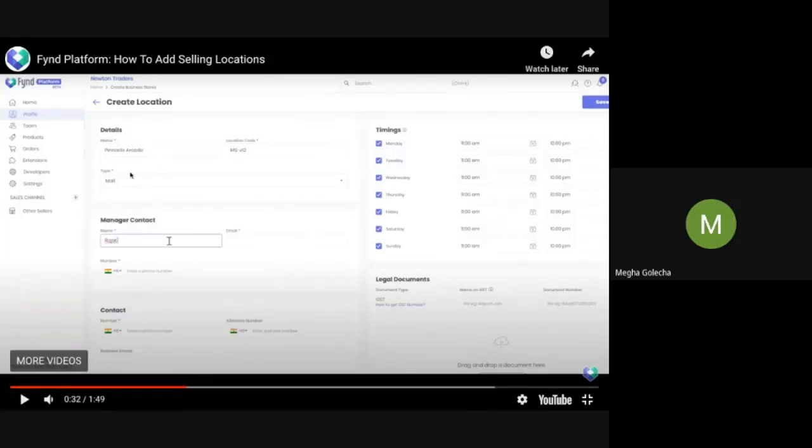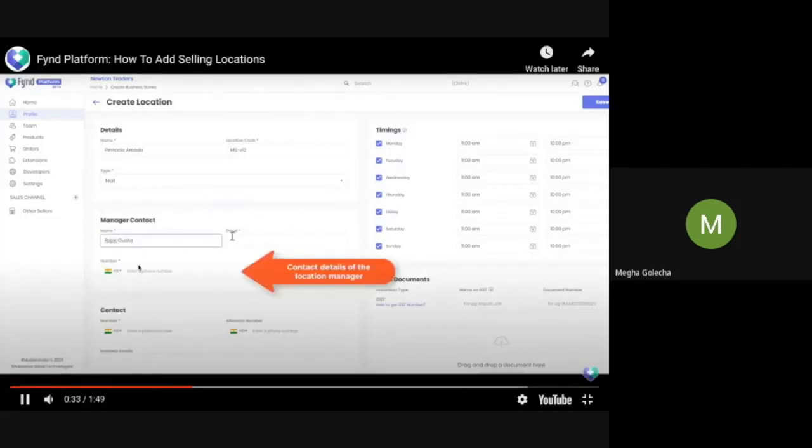You need to select the location type. This location type is basically whether it's a mall, it's a high street store, or it's a warehouse. This is basically so that we can arrange the pickup and there is no SLA breach. SLA means that we have a certain commitment. Everybody has a commitment wherein the warehouse, the brand, and us as a marketplace, when a warehouse confirms the pickup. So once an order is placed, the warehouse commits beforehand whether it will confirm the order within 4 hours, 5 hours, however the SLA is.